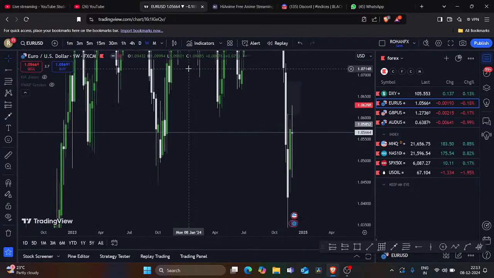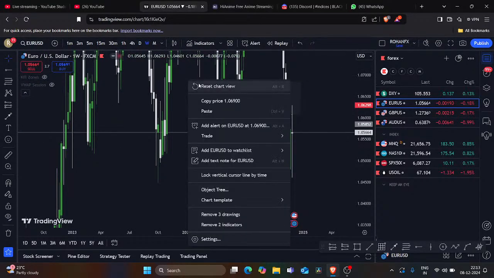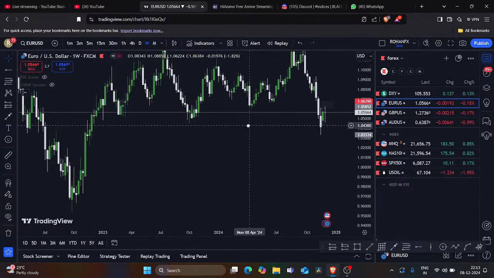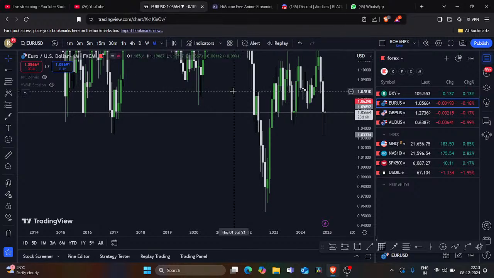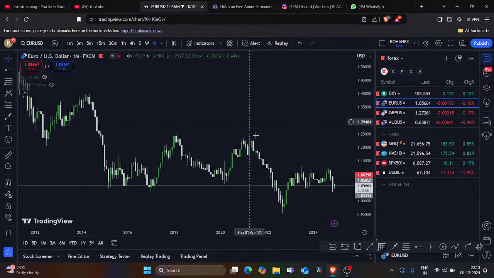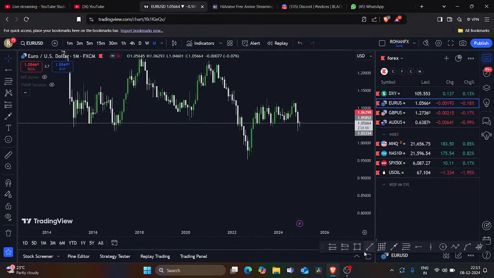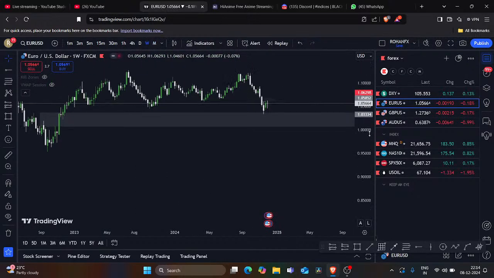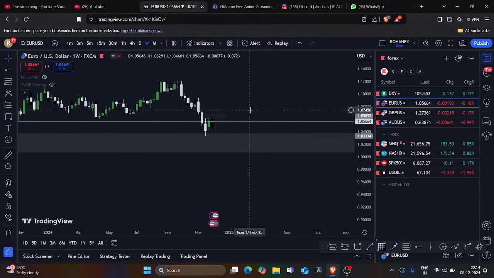So today's live will be based on our weekly outlook, what I'm expecting for this coming week. Going to the monthly time frame, what I see here is there's a fair value gap. It has tapped here, so it has respected this fair value gap. But if I go to the weekly time frame, there's a weekly fair value gap here.